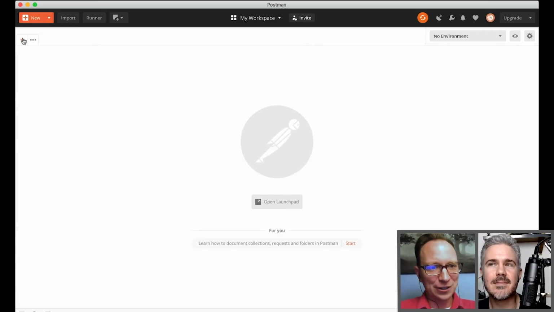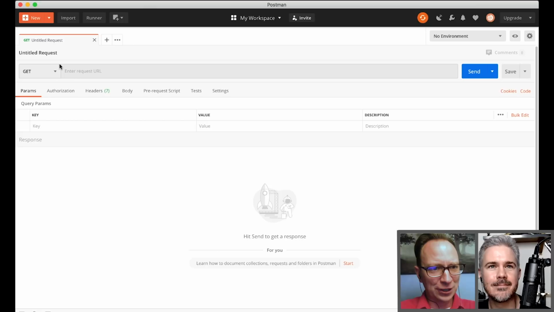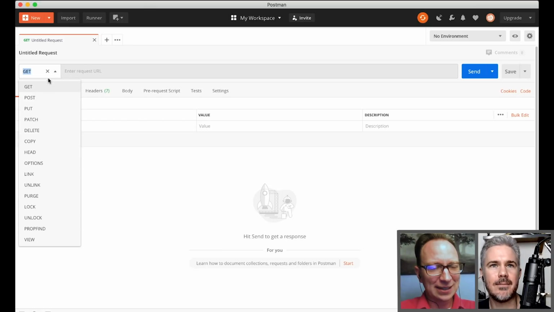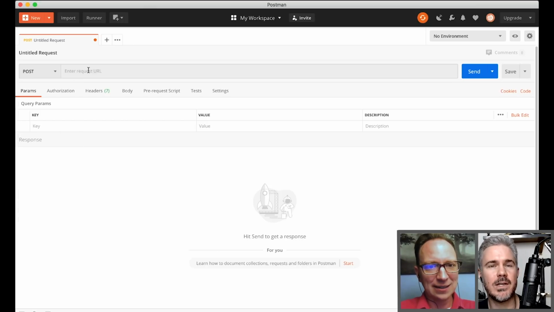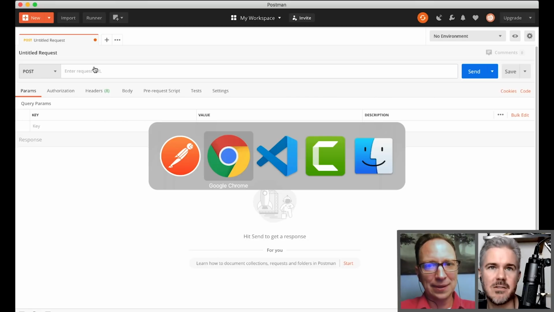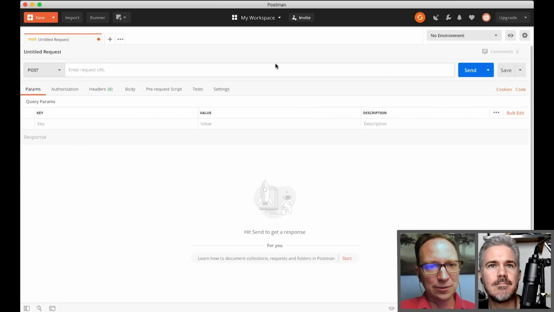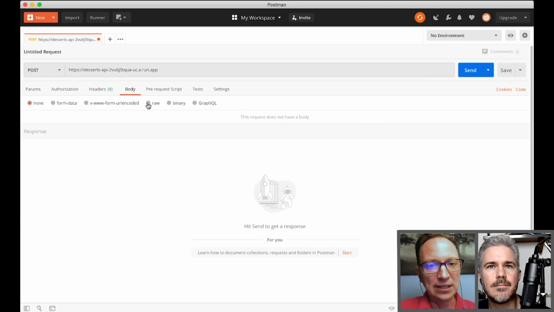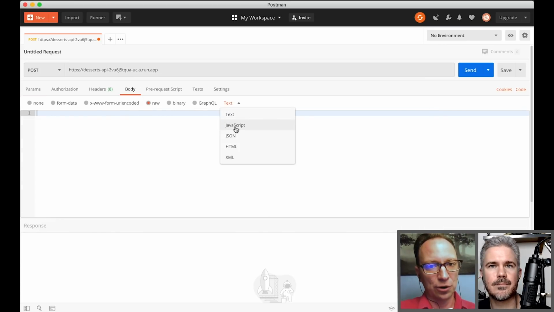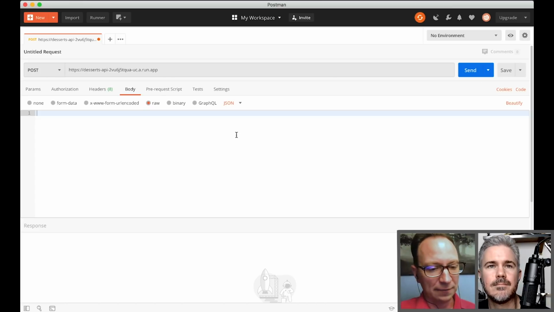So we'll start a new one. And you said you coded it for POST, right? Yep. And so the body of the request would be a JSON object that essentially maps to what our SQL database looks like. So we'll post to that. We're not including anything after, we're just posting to the root, I should say. And here we need to tell it that it's JSON for the server, for Express and